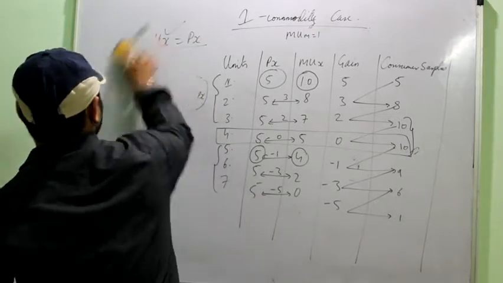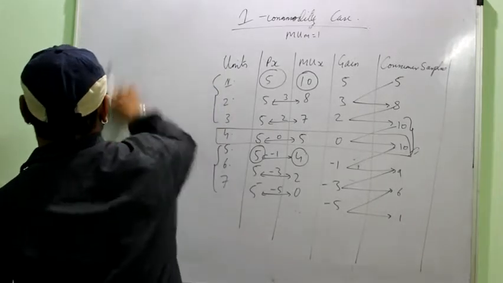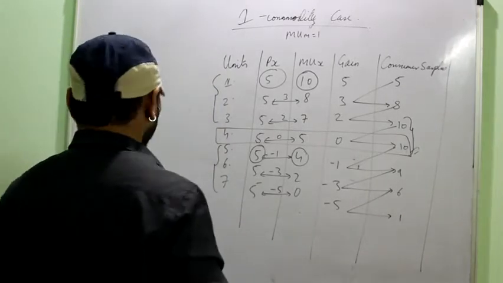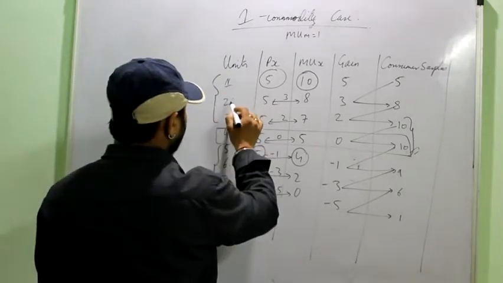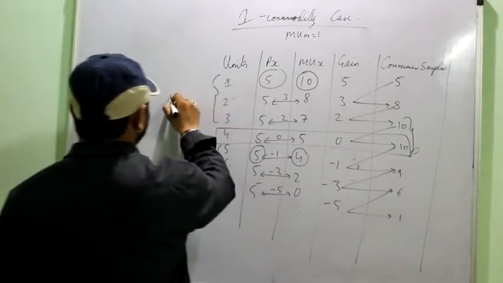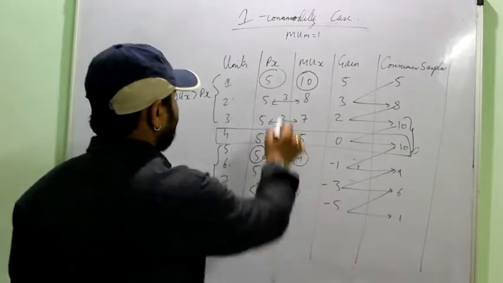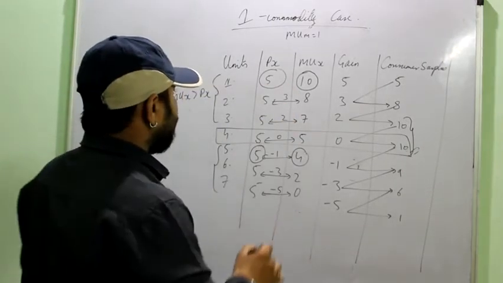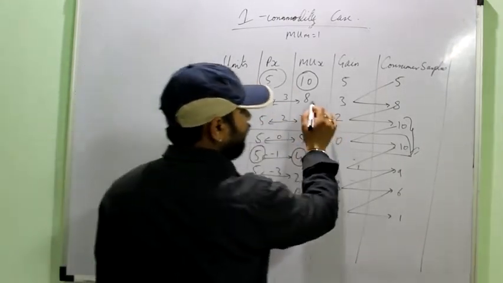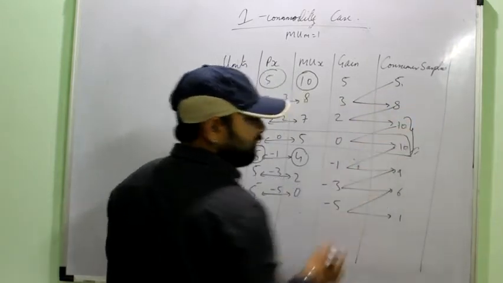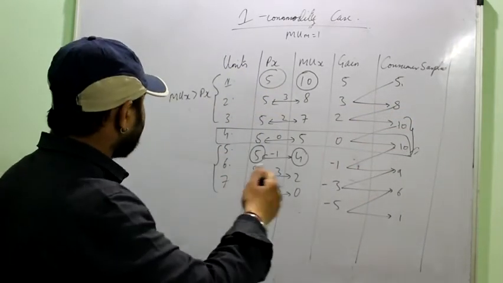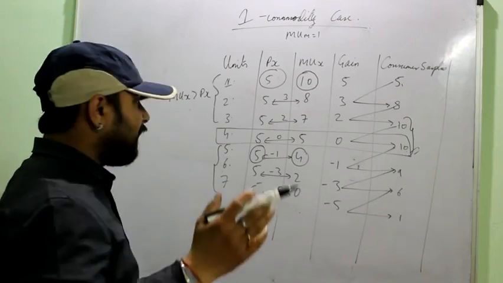Now in the numerical we will study how these conditions are explained. You can observe that at units 1, 2 and 3, MUX is greater than PX, for all the 3 goods. So all the 3 units, you can see they all are increasing my surplus. So when there is a chance to increase the surplus, that particular